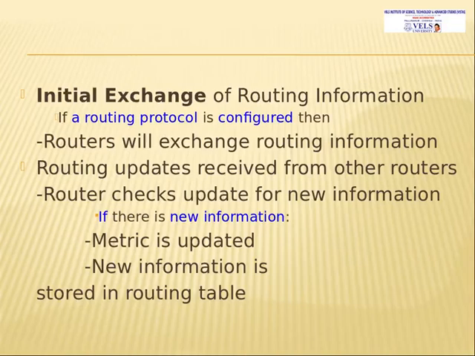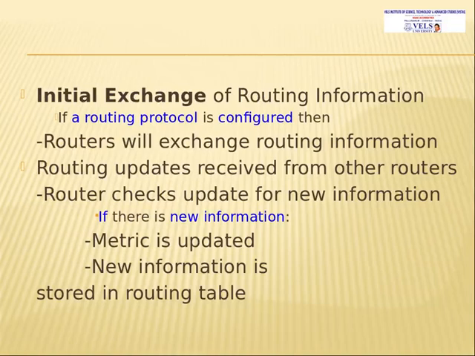Next one is the routing information will be exchanged between the routers. So if a routing protocol is configured, then the router will exchange the routing information. Then the routing updates are received from other routers. So the router checks the update for new information. Every time, the router will check whether there is an update. If there is new information, the metric is updated in that table, and the new information is stored